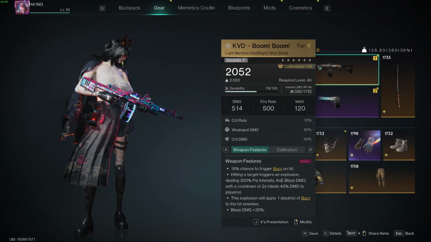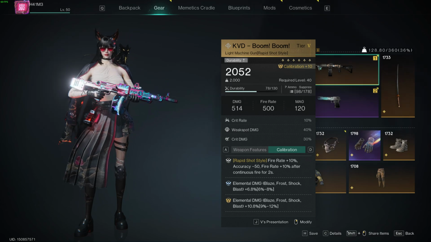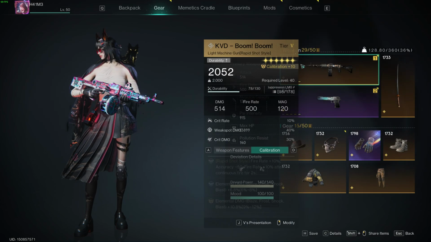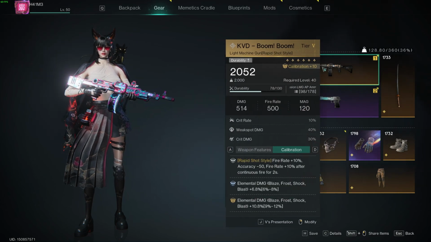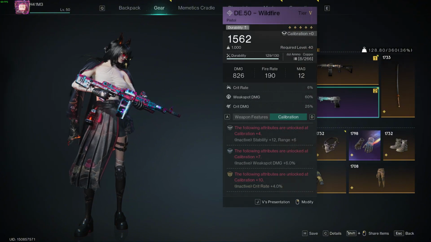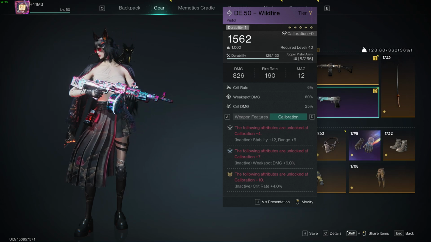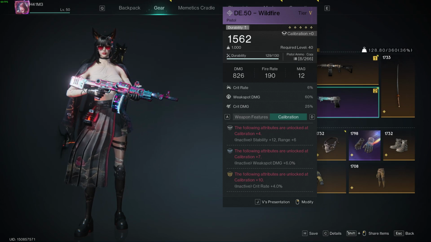For my main weapon, I'm rolling with the KVD Boom Boom LMG. It's an absolute beast, super reliable and hits hard, which makes it perfect for high damage fights. As for my secondary, I'm using the DE Wildfire. It pairs really well with this build thanks to its bullseye effect, adding some precision and a bit of extra